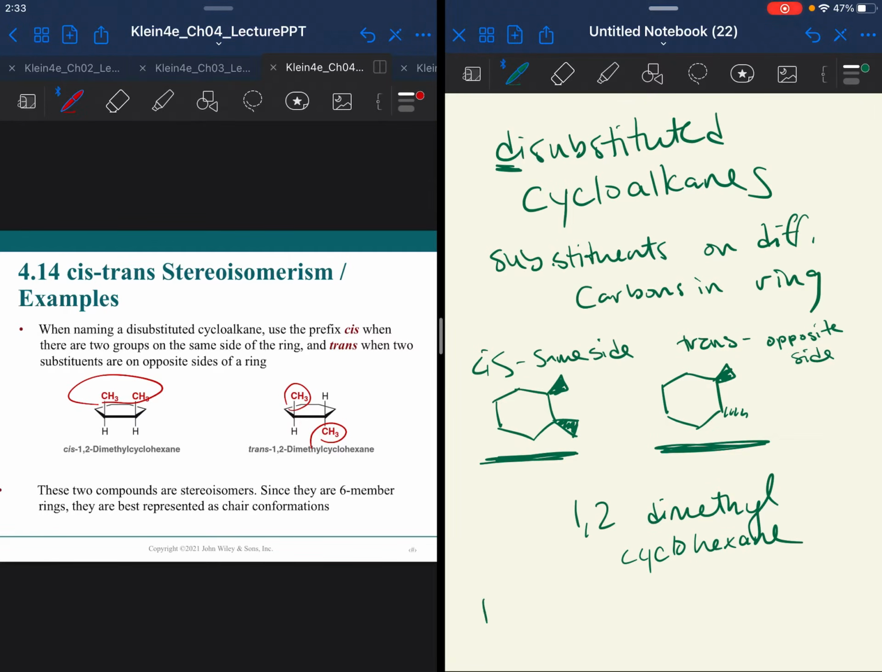So in reality, if I gave you this to name, all you could tell me is 1,2-dimethyl cyclohexane. You don't know which stereoisomer you have. But if I give you the wedges and dashes, now you can be more specific. This one is cis 1,2-dimethyl cyclohexane versus trans 1,2-dimethyl cyclohexane. This is IUPAC nomenclature, so it's not a common name. There are other ways to handle this, but this is a common way to do it when it's a di-substituted